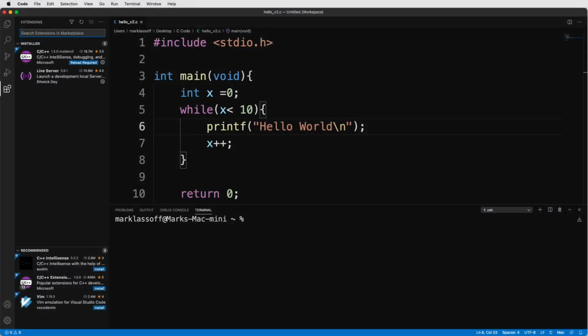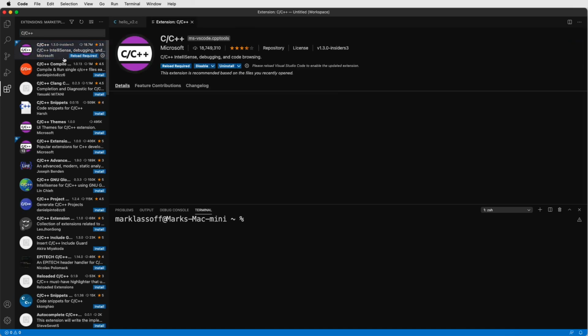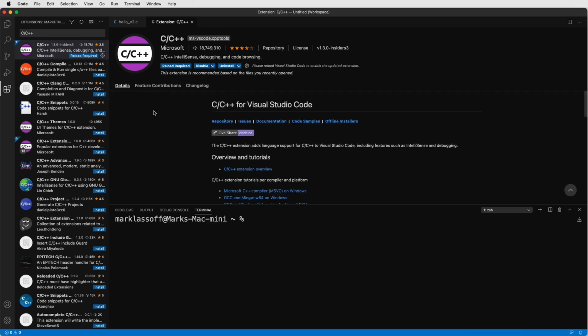The other recommendation I have is to install Visual Studio Code. This is a free code editor that's available. Just Google search Visual Studio Code and download and install it. It's available for Mac, PC, and even Linux. Once you have the code editor installed, I'd like you to click here on the left-hand side in the extensions and search for the extension for C and C++. The extension looks like this, and once you have it, you can go ahead and install it into the editor.